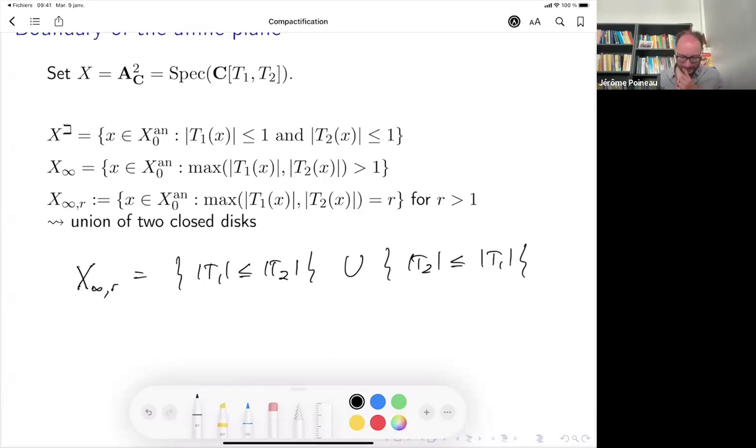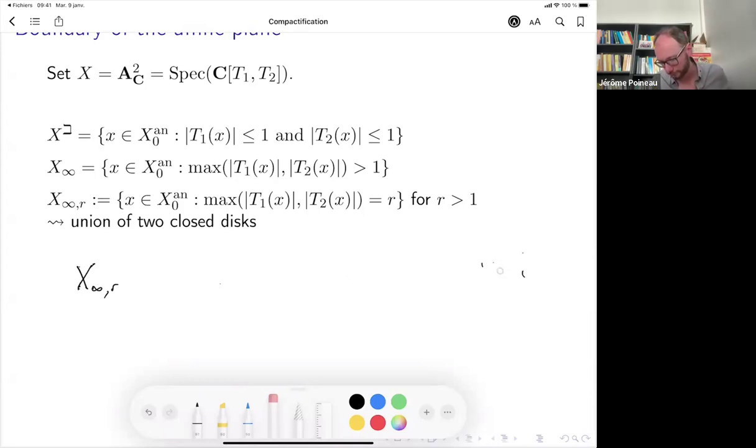Yeah, sorry. If you fix some r, let me do it in a different way. Sorry. So you can project onto either T1 or T2.